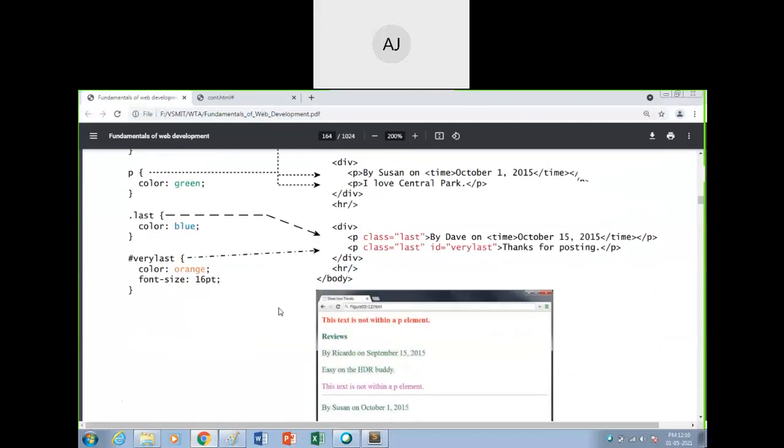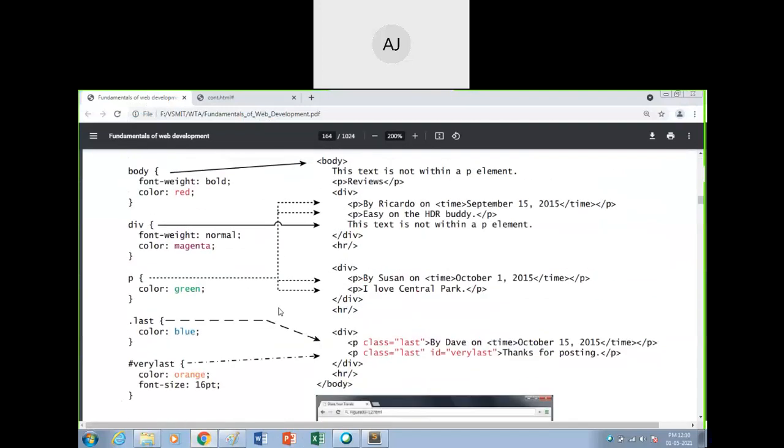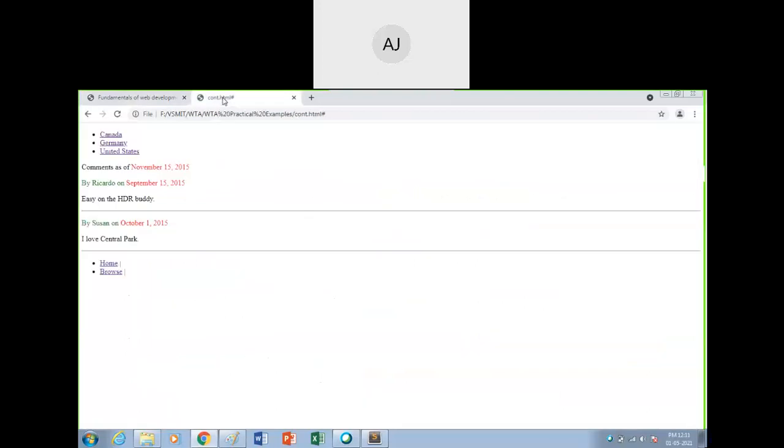This is the specificity. Let us see what exactly it is. You have a very last class, one of the id, and then there will be a class called last. Yes, class is there, last is there, but which will come first? Which is accessed first? Yes, so class last is there, and after that the id value has been refurnished.